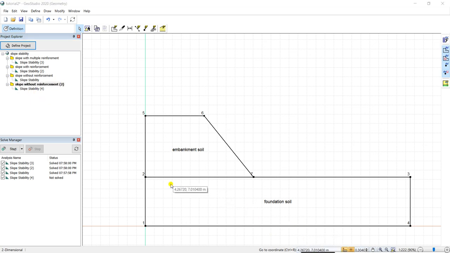So the difference between limit state method and finite element analysis in GeoStudio is that in the limit equilibrium method, we directly solve it by using the SLOPE/W analysis tool. But in finite element method we first have to analyze the stresses of this cross section or this element of soil so that we can use it in the SLOPE/W software.